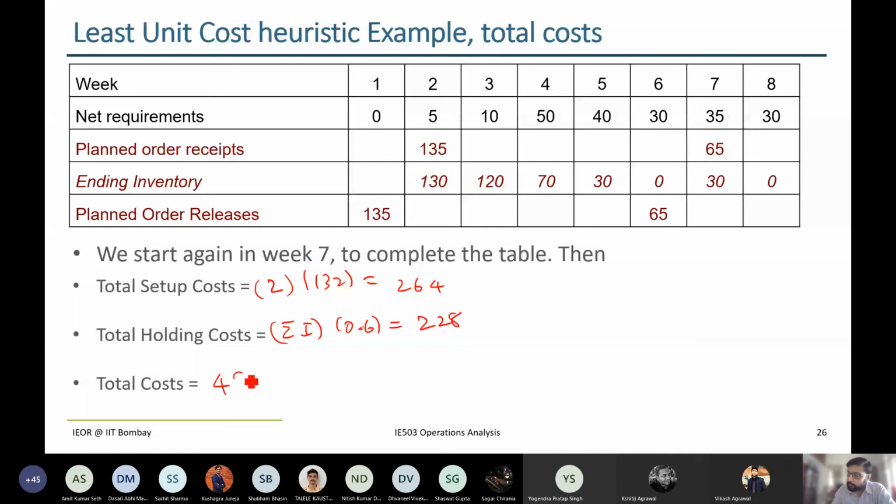This particular case of least cost heuristic is again slightly better than your Silver-Meal heuristic. That's why we told these are all heuristics. It doesn't guarantee optimal solution, but what it tries is to see how we can balance out this inventory holding cost and the setup cost. And people have come up with various heuristics to see it. Of course, each has a domain of applications somewhat. Meaning if there's huge variability, some may work better than the other, etc. But there is no theoretical proof of convergence to optimum for any of it. It is just something that has evolved over time.